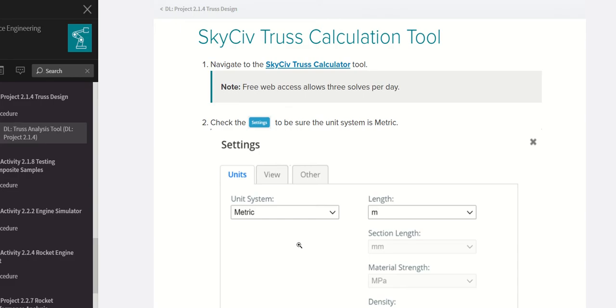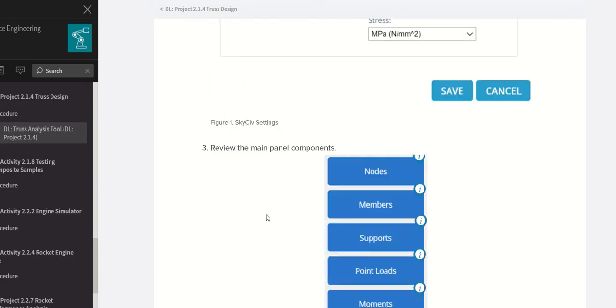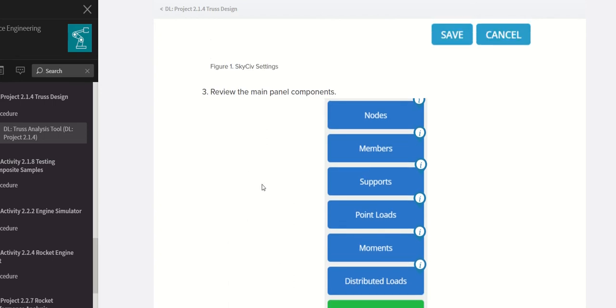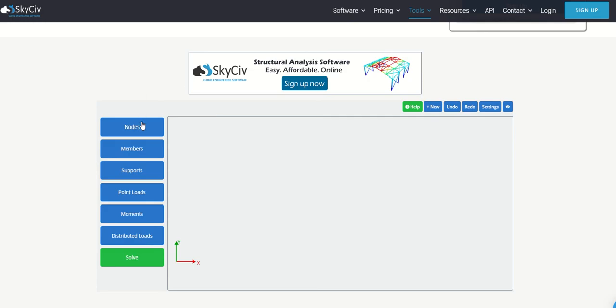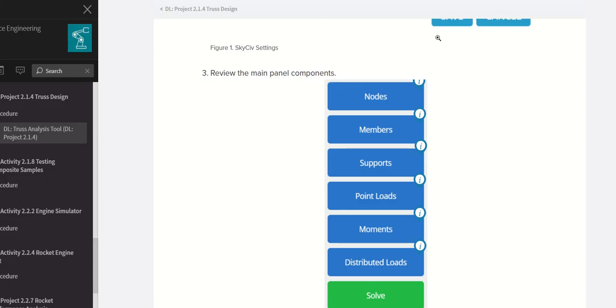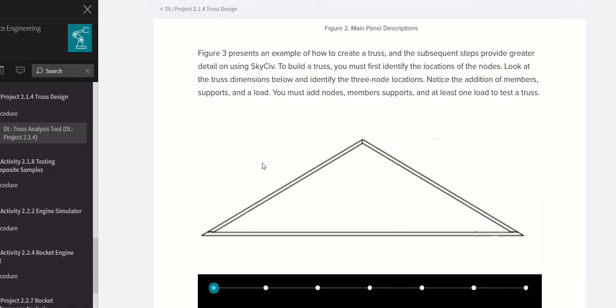And then I need to check if I have all the components that I need. So 7, and what I have is 1, 2, 3, 4, 5, 6, 7. The next thing is we need to base our practice on this example here in PLTW.